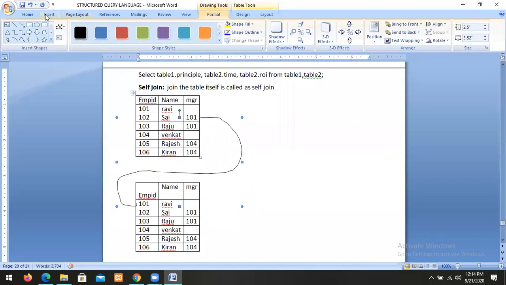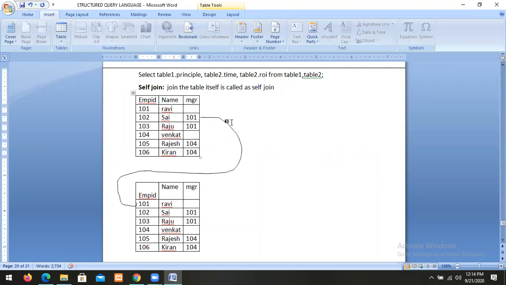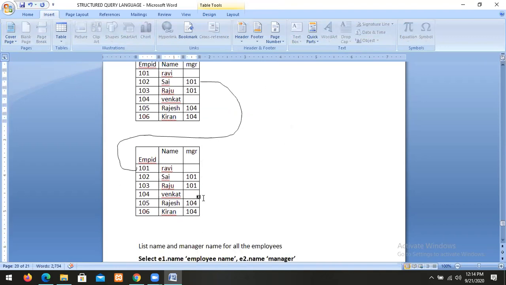I'll insert shapes like this. Similarly, this is the way. This is the process we are using.